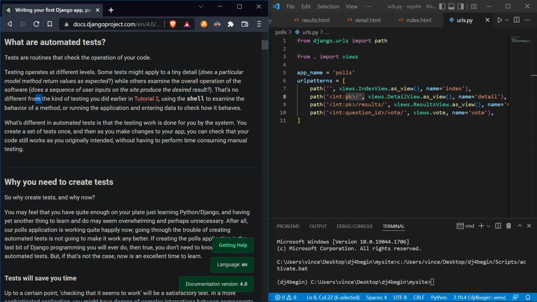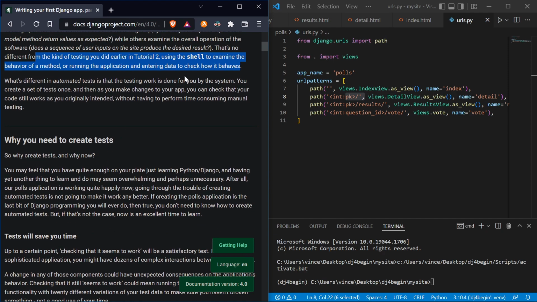That's no different from the kind of testing you did earlier in tutorial 2 using the shell. Remember the API and shell? To examine the behavior of a method, or running the application and entering data to check how it behaves. That's what we did in tutorial 2 using the API and shell. What's different in an automatic test is that the testing work is done for you by the system. You create a set of tests once, and then